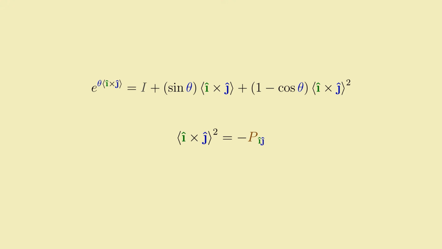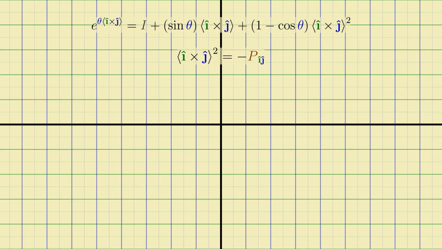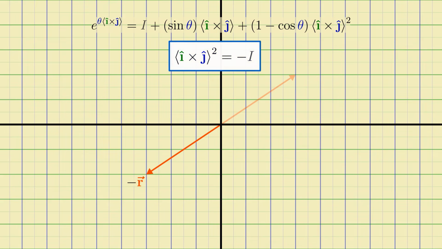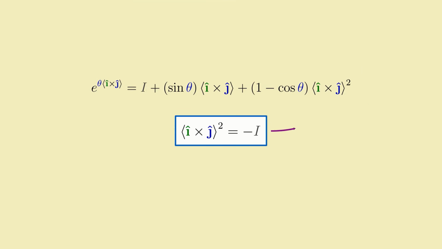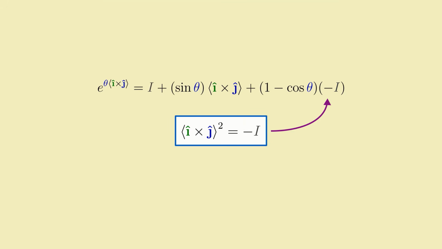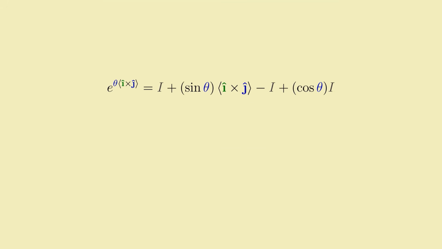But now remember how a tilt product squared is the same as a negative projection matrix? But since we're in 2 dimensions here, no projection is needed. So the negative projection matrix given by I hat tilt j hat squared is just the same as the negative identity matrix, the matrix that simply negates any vector it multiplies. Distributing this negative identity matrix through, we'll find that one copy of it cancels with the leftmost identity matrix we